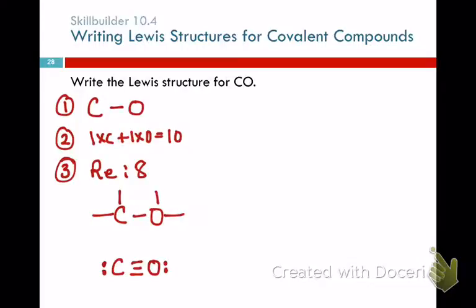So all I did was said, okay, these aren't happy, right? So they need to share more. And the way you share them is by making double and triple bonds. So when you don't satisfy, you put the electrons around, the octets aren't happy, this is 2, 4, 6, then you need to start sharing more electrons. Now the process, right, sort of went like this. If you do it step by step,